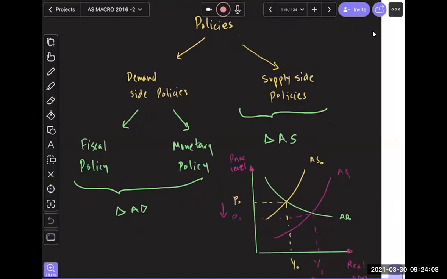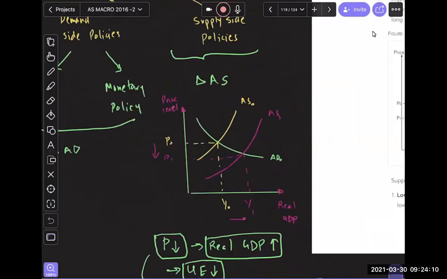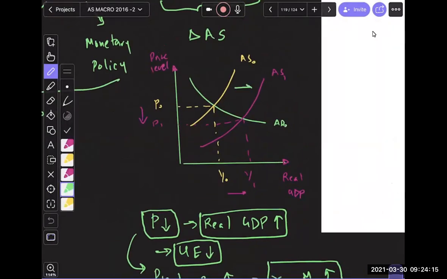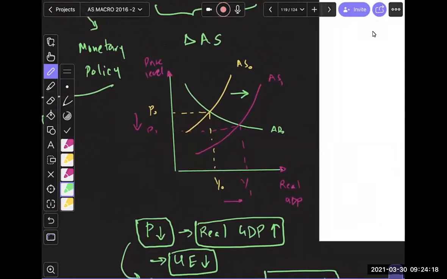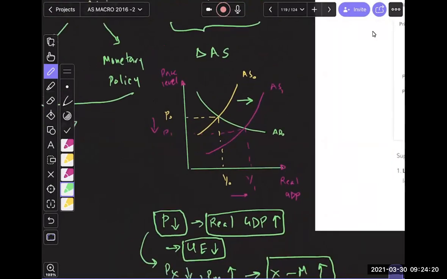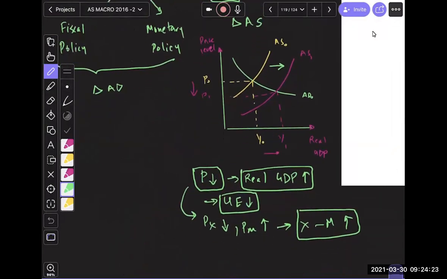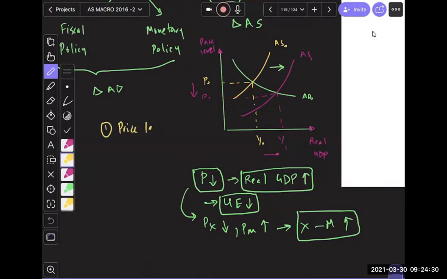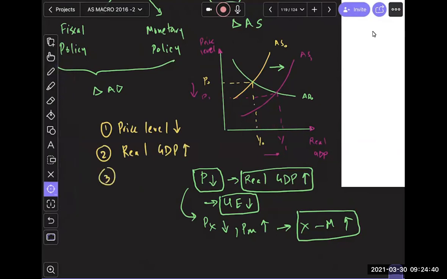But supply side policies are also very desirable. And the reason is simply because the aggregate supply curve will shift to the right. Let's say we do a supply side policy, because that's focusing on supply side, but all the four goals are met. When you look at this diagram, when the aggregate supply curve shifts to the right, number one, the price level falls. Number two, your real GDP rises, right? Number three, because real GDP is going up, unemployment is also going down.